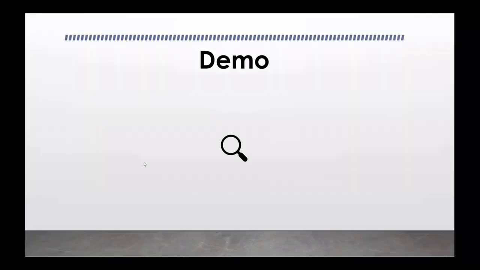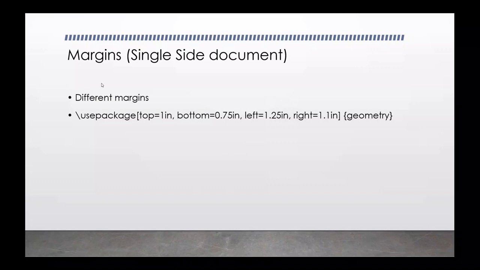Now, after seeing the demo, we have seen how to set the page margins with the help of top, bottom, left and right. And this is for the single side document. When we are talking about a single side document, then we follow top, bottom, left and right. And if you want the common margin, then you can simply use the option margin.